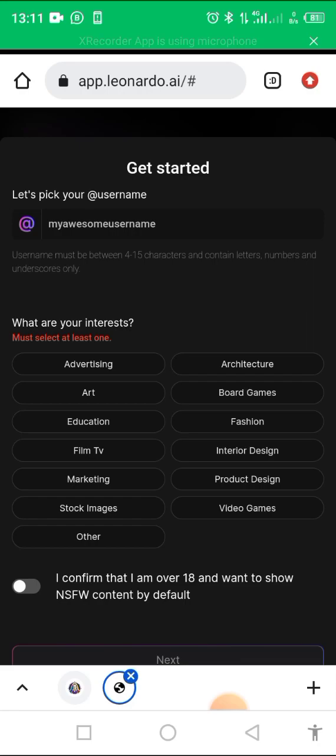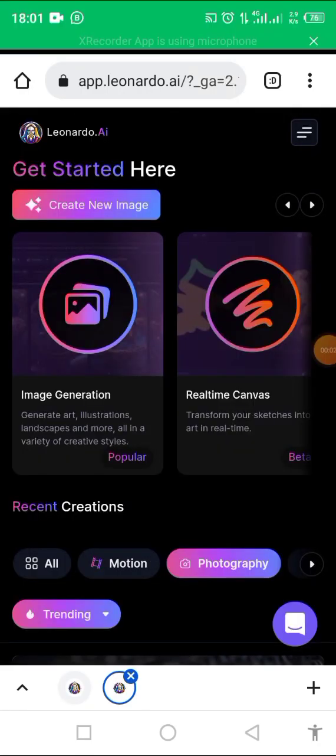Here comes the interface of Leonardo.ai. So now let's create a catching art, a catching design, graphic design that can pay you as a content